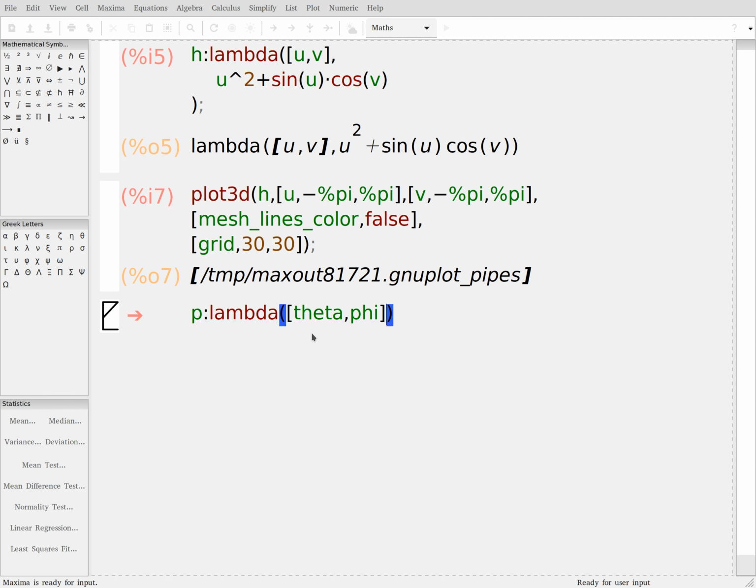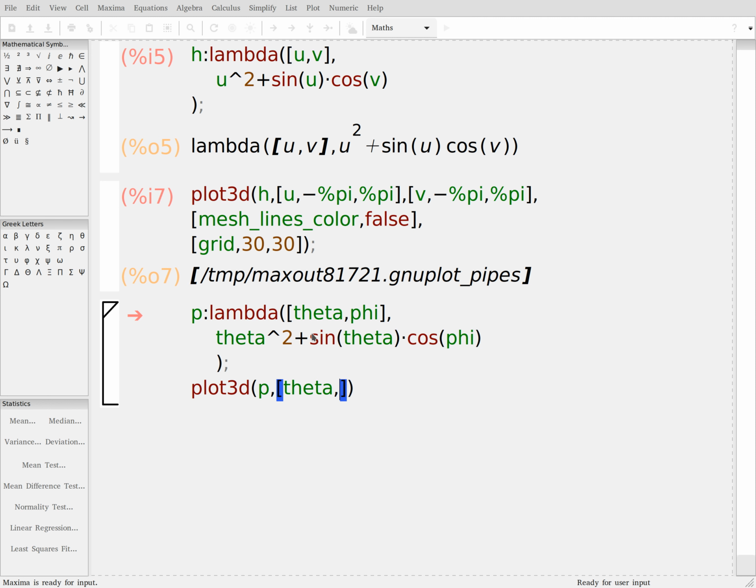Those are the coordinates that we have for the spherical system, and I will define it as theta squared plus sine theta times cosine of phi,